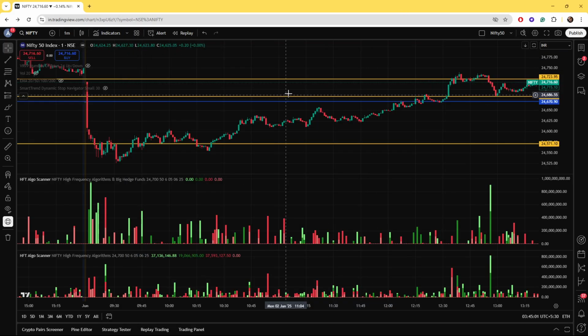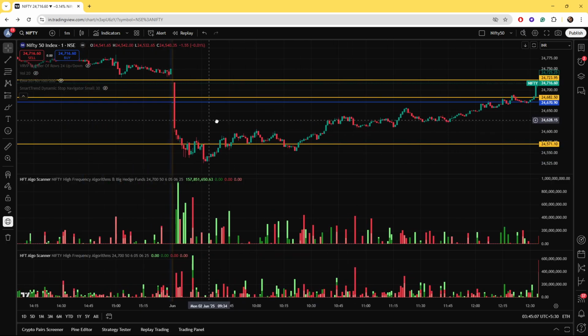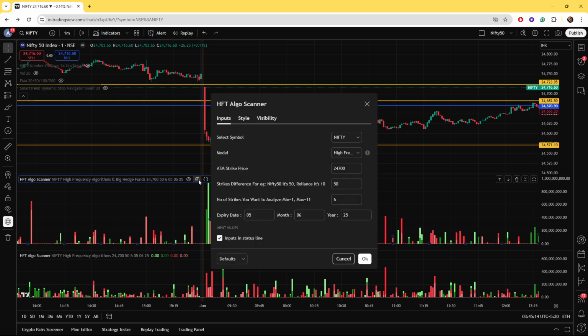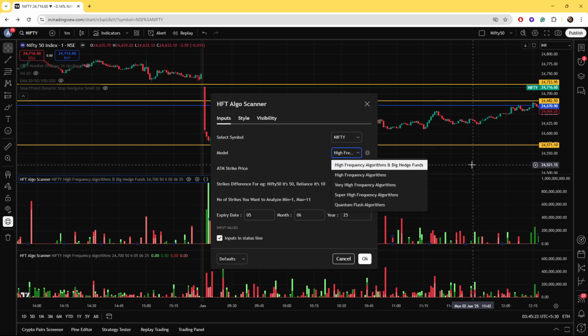Hello everyone. So we have released our 5 models to track the big institutional positions in real time on the HFT Algo Scanner with fund flow. And so the main point is what are the models and how one can take advantage of it. So we have these 5 models, as you can see, the high frequency algorithms and